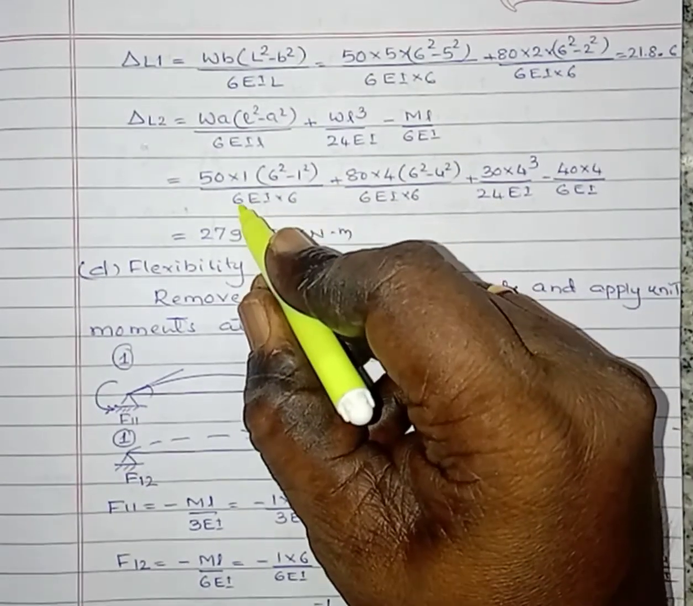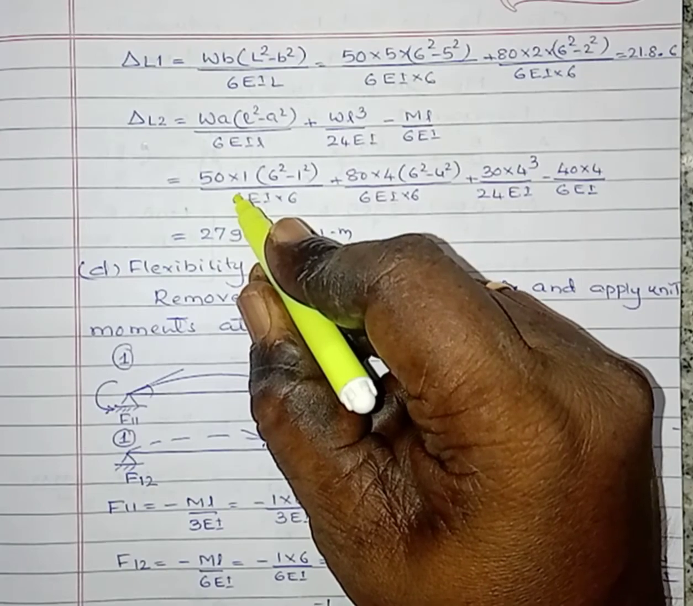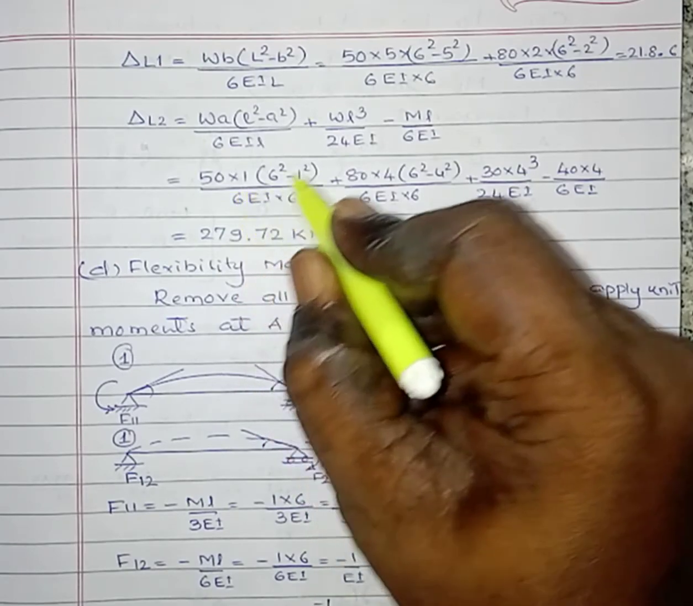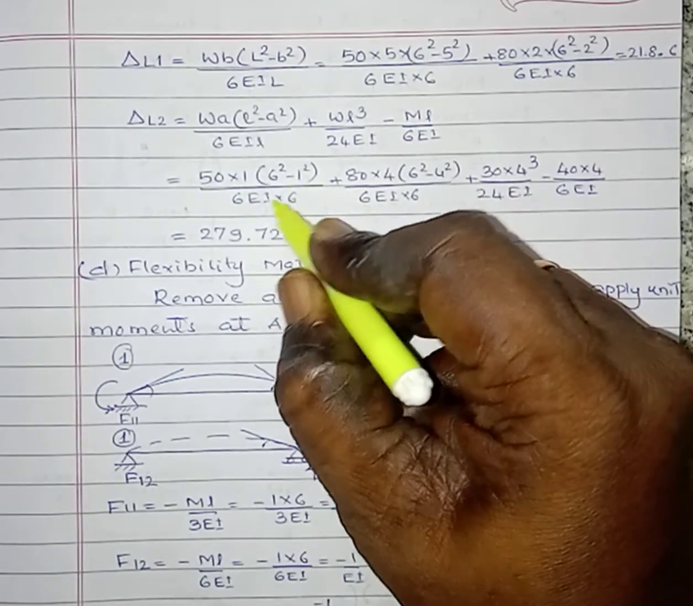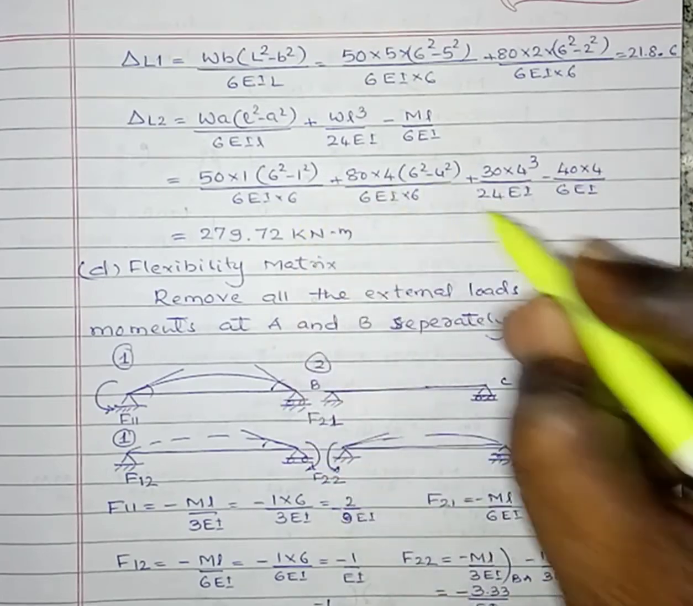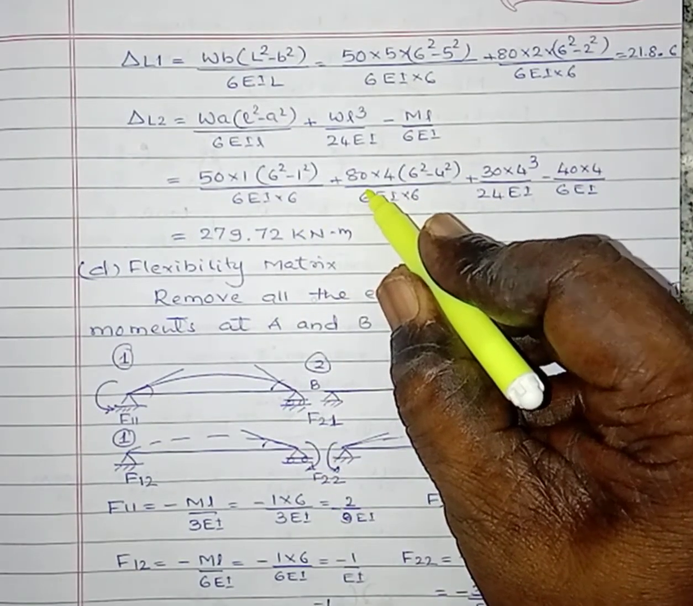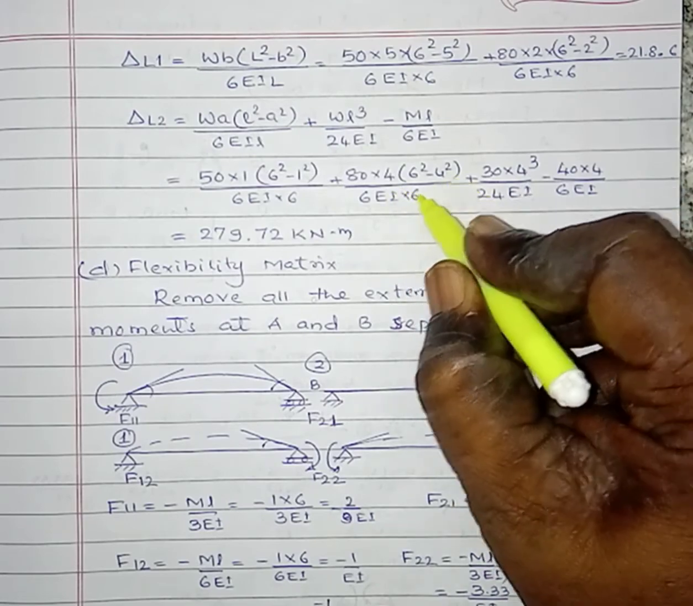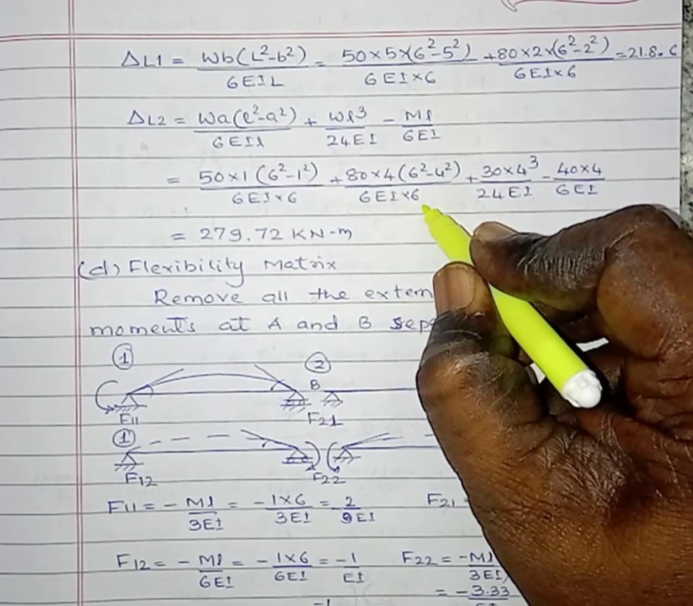By substituting the values, for the first point load in span AB, 50, A is 1, L square, that is 6 square minus 1 square divided by 6 EI into L, that is 6. For the second point load in span AB, 80 into 4 into 6 square minus 4 square divided by 6 EI into 6,